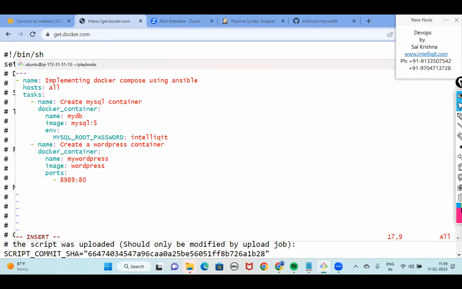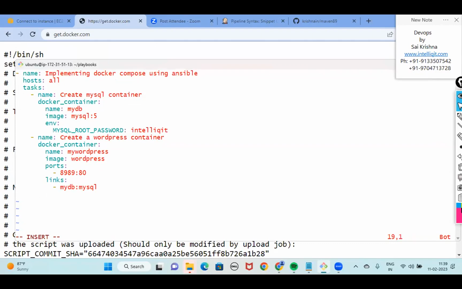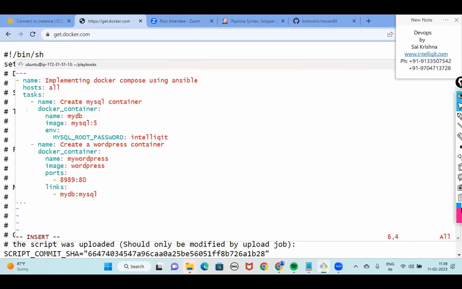And this container has to be linked with the previously created database container. We have seen how links are given. What is the name of that container? MyDB. When we are giving links, remember we used to give aliases. So I'll call that alias MySQL. Done. Docker networking anyhow establishes a link, whether you give a link or you don't. Remember, bridge network automatically connects, so you can ignore it.